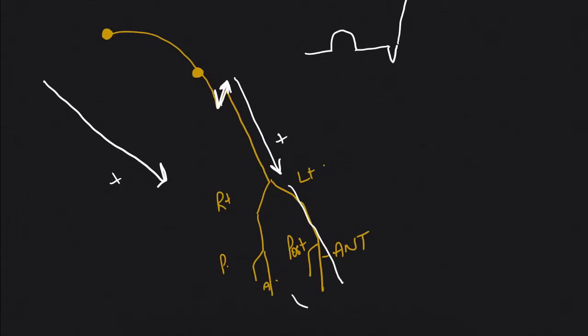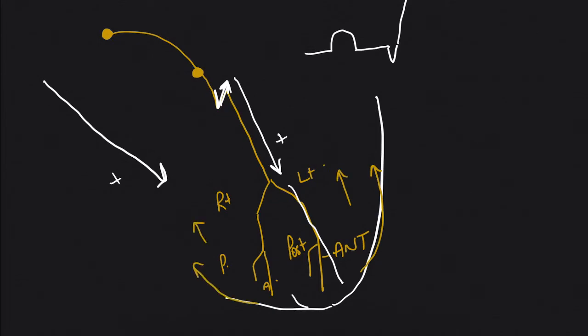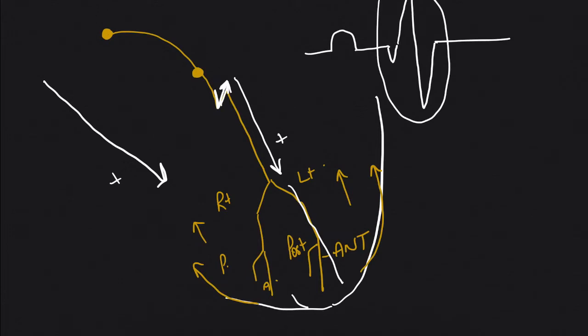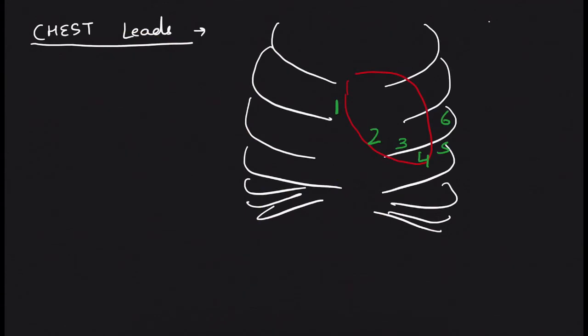Now again from there it comes down parallel to the direction of lead 2 to reach the apex of the heart, causing a positive deflection, that's the R wave. Now from the apex, the Purkinje fibers take the impulse backwards and upwards to depolarize the posterior wall of the ventricles, leading to again a negative deflection. That's how we get our QRS complex, in which Q and S are negative waves and the R wave is a positive wave. Okay, this was in short.